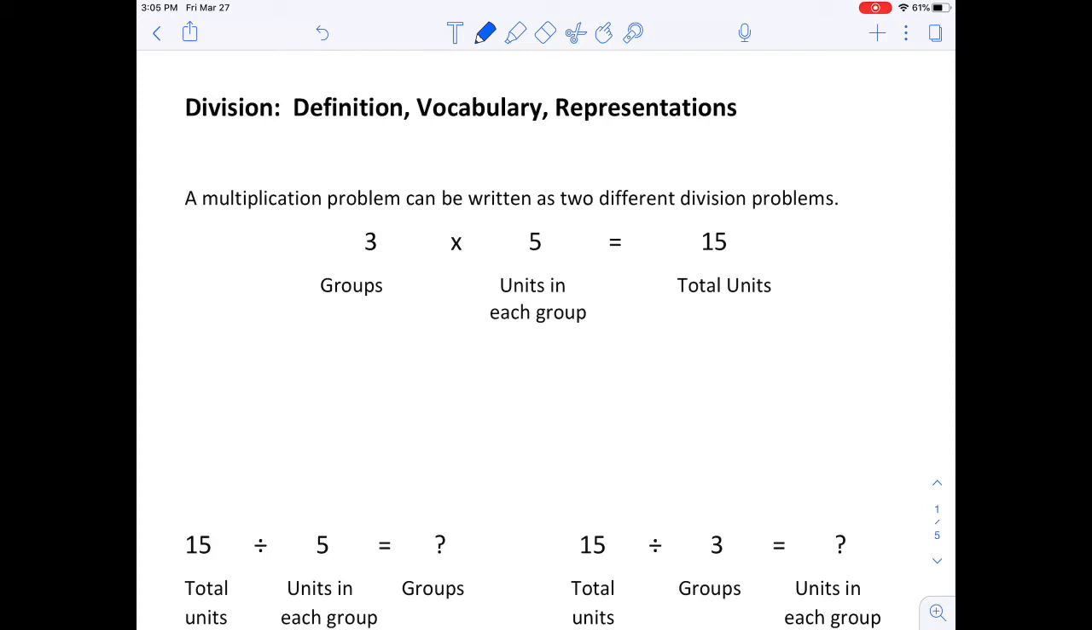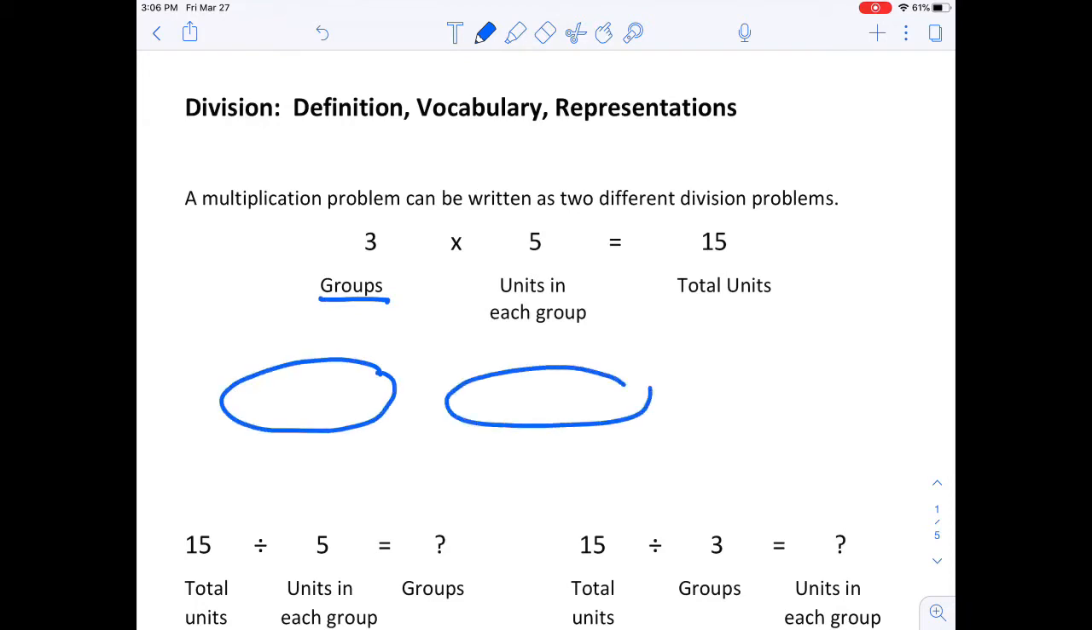Let's talk about division, its definition, some related vocabulary, and some helpful representations. Division is closely related to multiplication, so we'll start with a multiplication problem and then interpret it from two perspectives. If I have 3 times 5 equals 15, then I could think of the 3 as the number of groups,